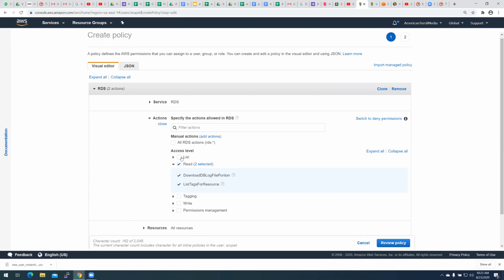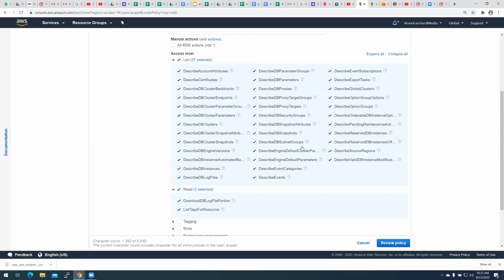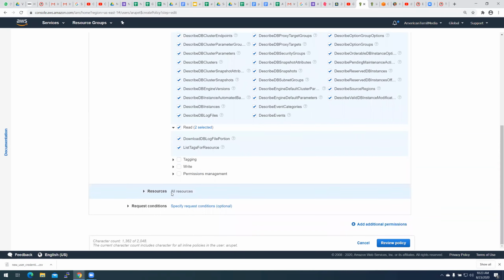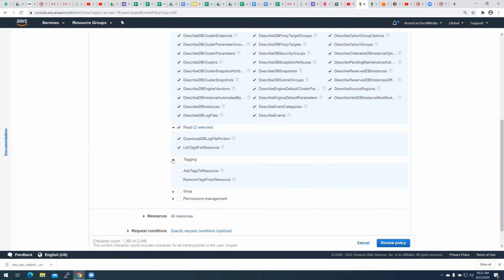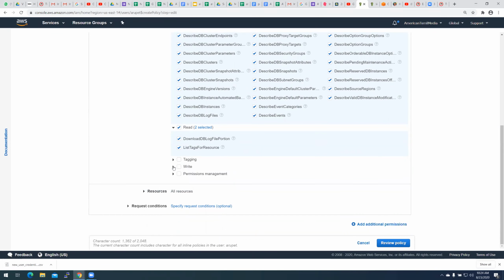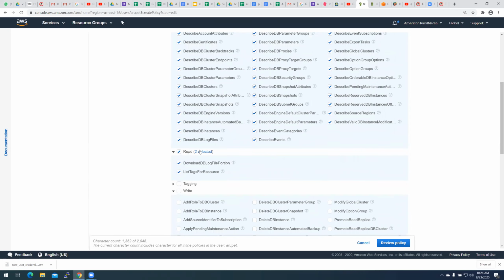But if I say list, let's see, there are more privileges: describing the database and cluster properties. And you can also deal with the tags, writing and removing tags and all. So I believe you get the gist of what those privileges have to do with.